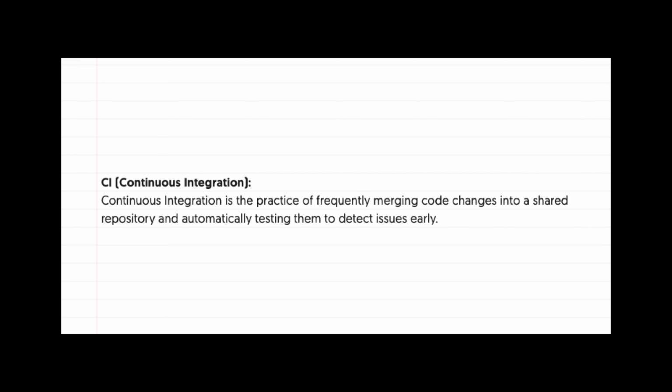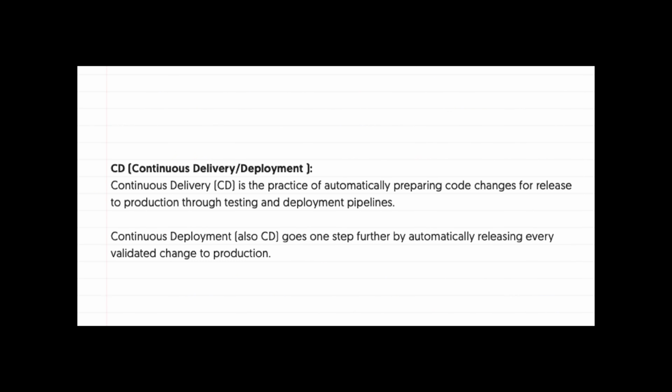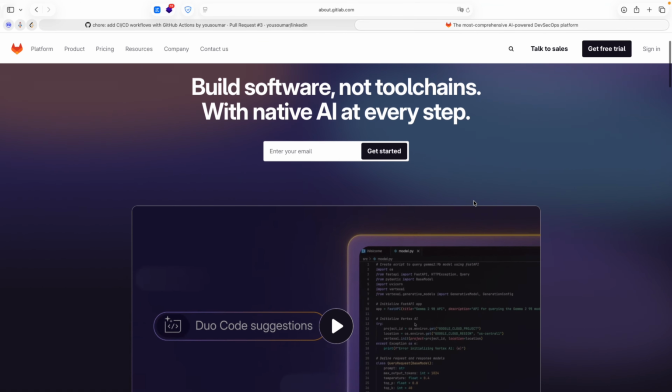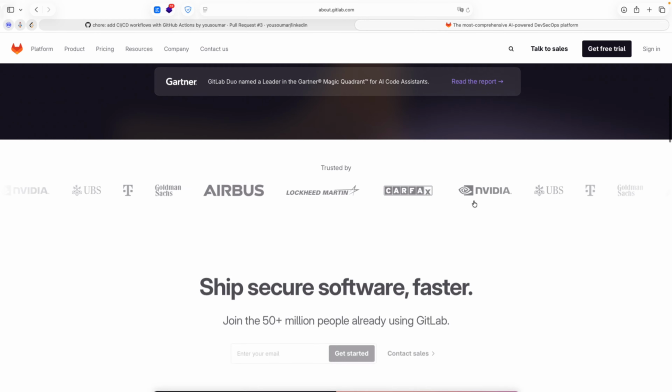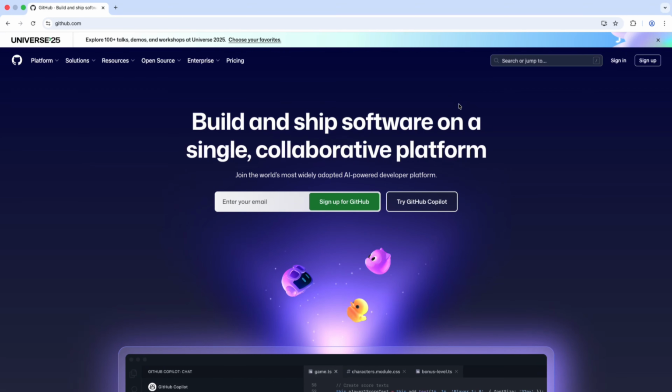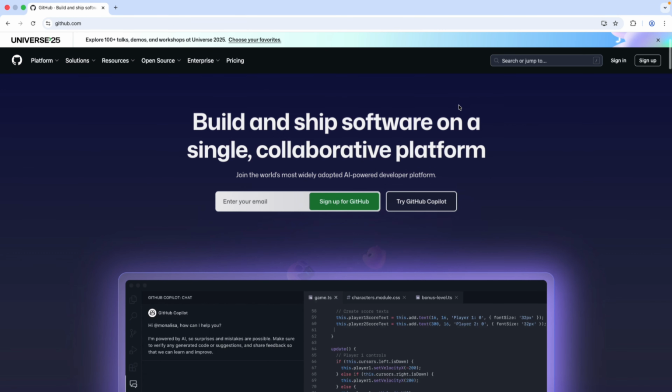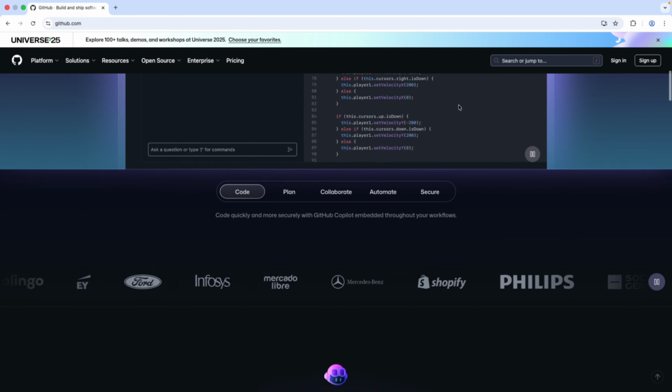CI, which stands for continuous integration, is the process of automatically testing and validating code, and the CD part stands for continuous delivery or continuous deployment. It is the process of automatically shipping code to production or to a test environment like staging. And Git hosting companies offer ways to build these pipelines easily. And in the case of GitHub, which is the subject of this video, it is done with the help of